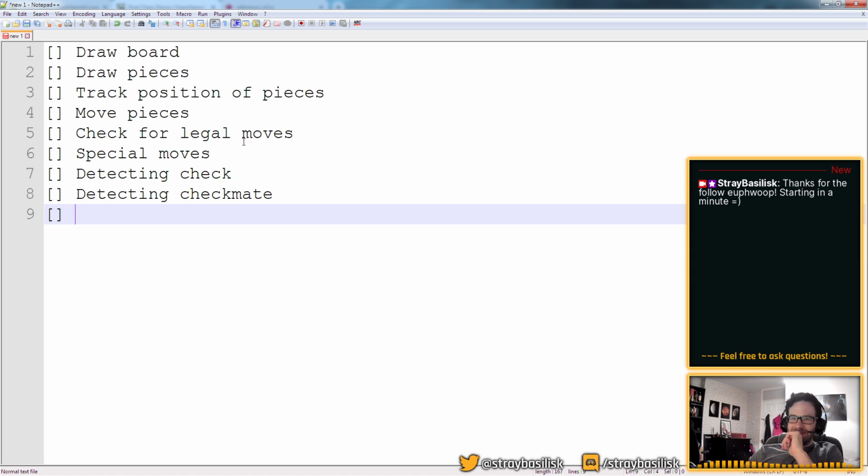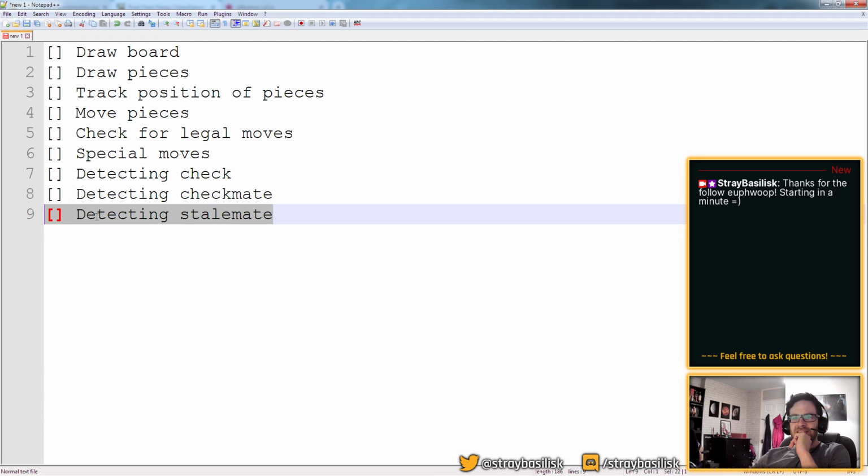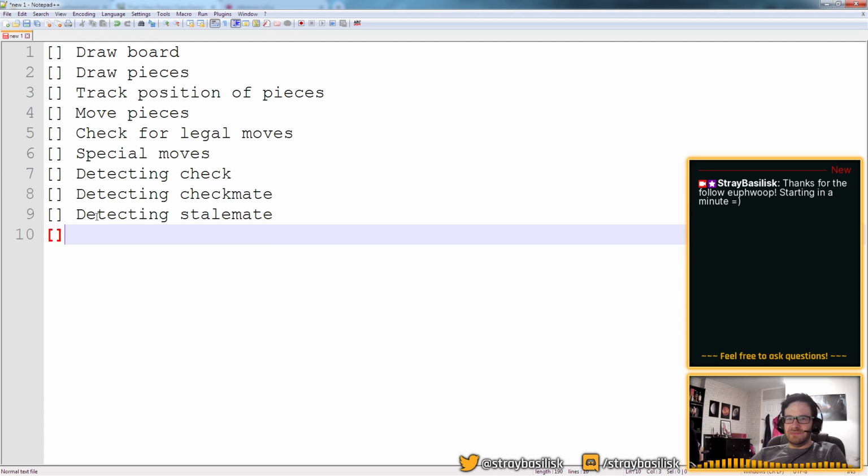Okay, this is starting to feel ambitious for a couple-of-hours stream, but let's see how far we can get down this list at least. And then we have other stuff, which is maybe a bit more complicated. So detecting a stalemate. Actually, probably stalemate's not too hard, but there are other